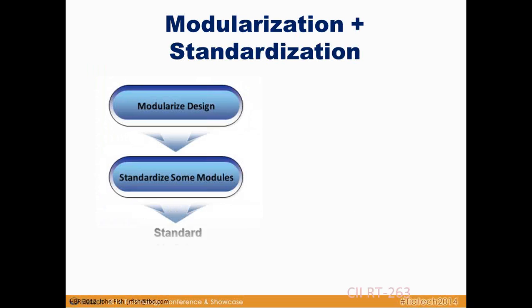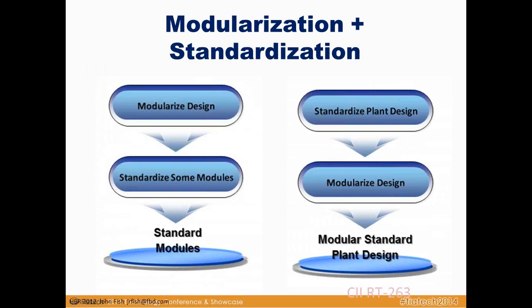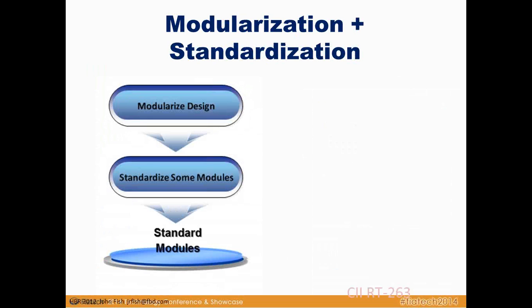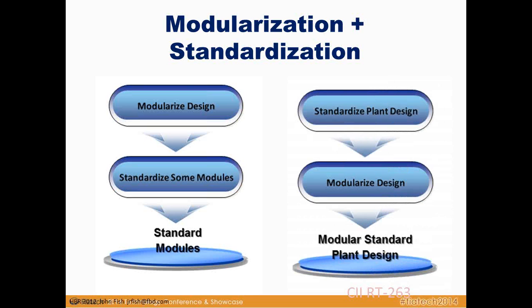Hit the button. There should be a floater. This came out of the CII modular information, but you got modular design, standardization, standard modules. Come down to the other one. So you got standard modules, but what they really want to do is look at standardizing plant design, modularizing standard plant design. I know that S&B has developed what we call frac in the box, and that's a perfect example of this. If we can standardize and then even modularize the plant design, you can achieve phenomenal savings in productivity and specifically in speed to market. You can get these plants up and running in a phenomenal amount of time.